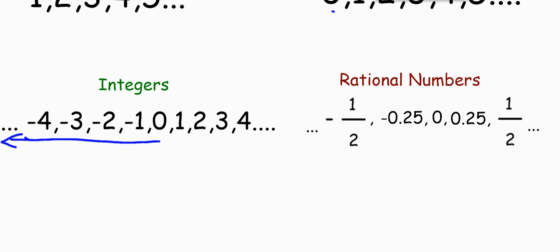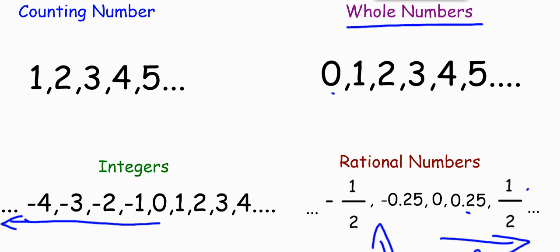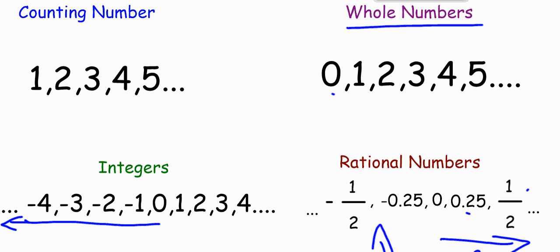And rational numbers is another area you've been working with for a rather long time. Mostly, so far in the early stages, you work more on the positive side of rational numbers, dealing with your decimals, dealing with your fractions. But rational numbers, of course, also fit the negative side of it and have negative decimals and negative fractions as you're working with this. In the end, we come away with these four main groups: counting numbers, whole numbers, integers,